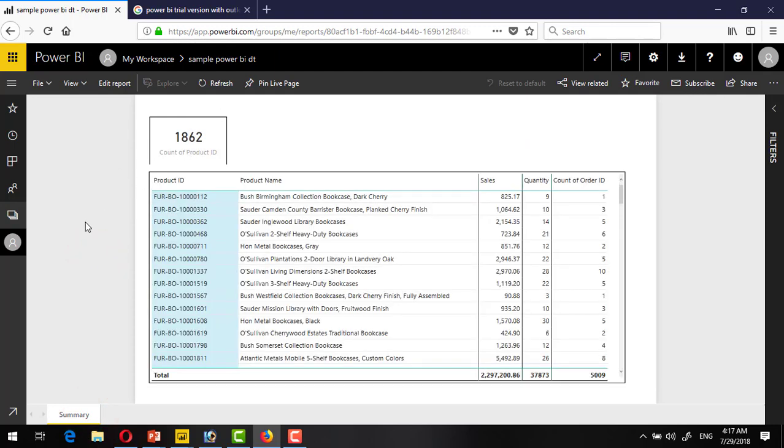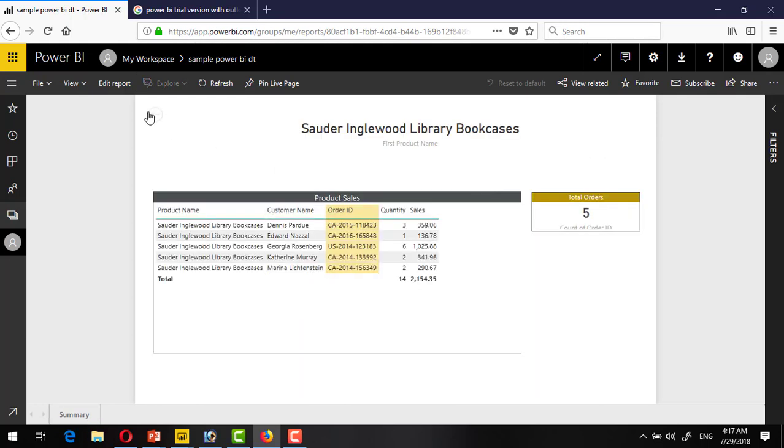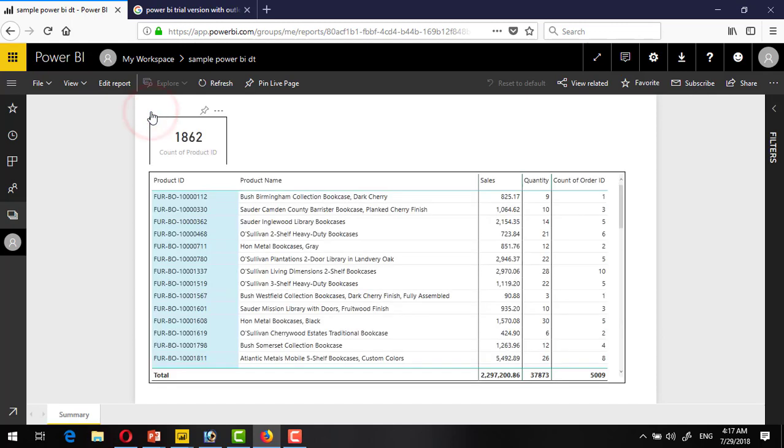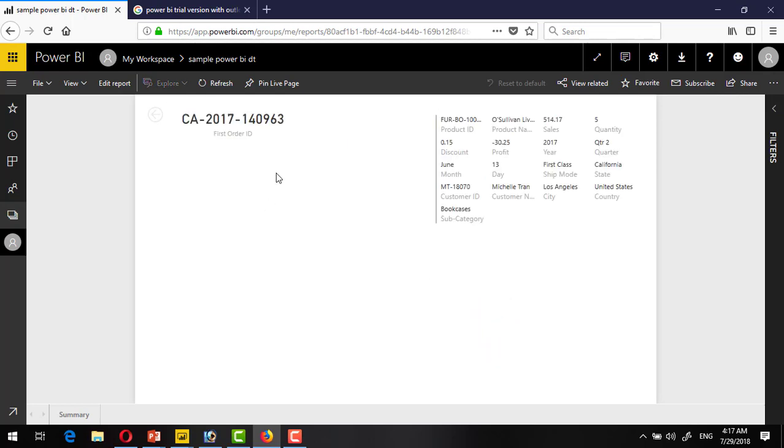this is the summary page which is available, and I can't see these two pages that were hidden, and I can easily go from here by right clicking. Okay, right click here, drill through, product sale, right, and can go to any of this and can see the detail here. Okay,